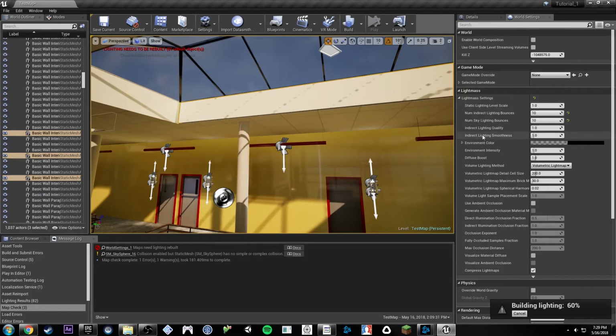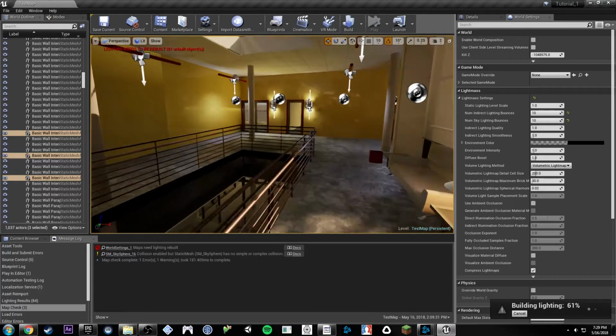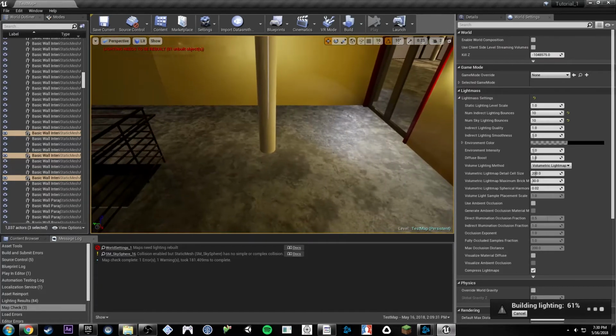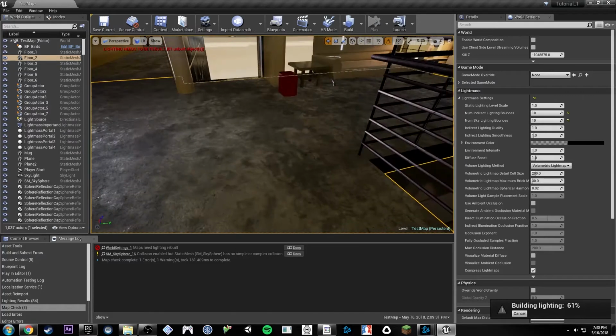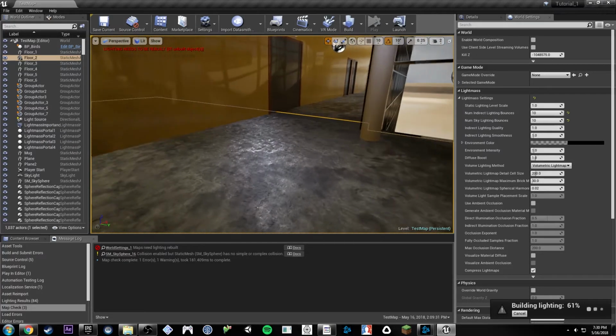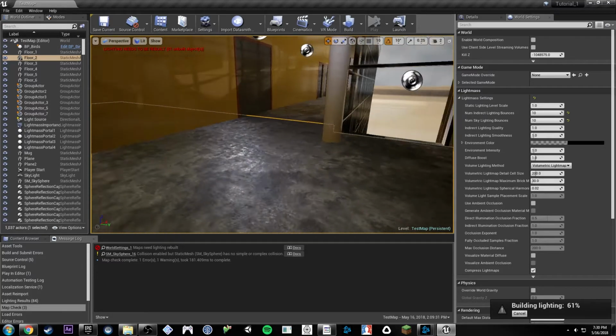I actually went back and reverted these settings, kept the light bounces to 10, but turned the others back to the default, just so we don't get too caught up in some of that artifacting and the build time. So let's look at this floor. I like all of the noise, I like all the detail and the macro texturing that we have, but I don't like how shiny it is there. Right? Like that